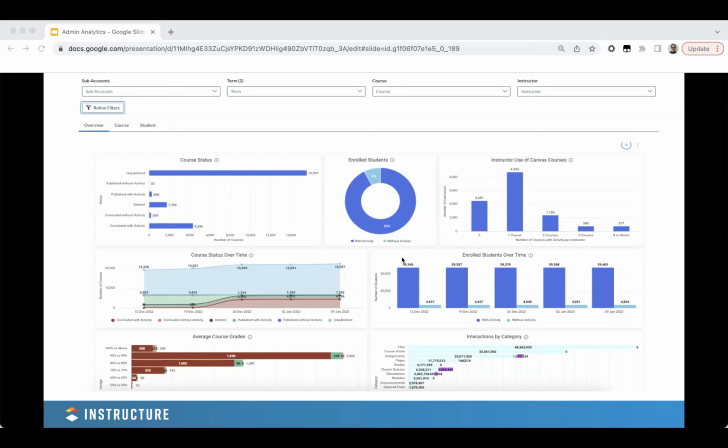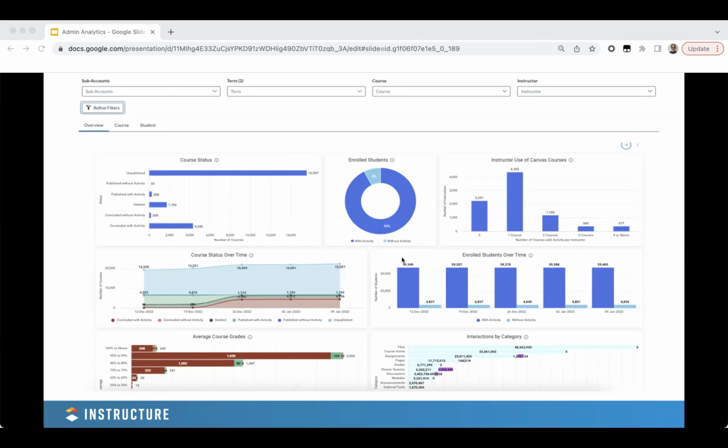As you can see at the top, all of the 3 dashboards have filtering, which is what we haven't been able to offer previously. And this is something that either admins or sub-account admins, if they have the appropriate permissions, will be able to see for their area of Canvas. So as a root account admin, you would be able to see this for everyone, but you might also have heads of department or heads of faculty, depending on what your sub-accounts represent. They'll be able to see this sort of information for the courses in their sub-account that they have permissions for, if you give them the powers to do so. So there's some fantastic granularity in the filtering that we're able to offer here.